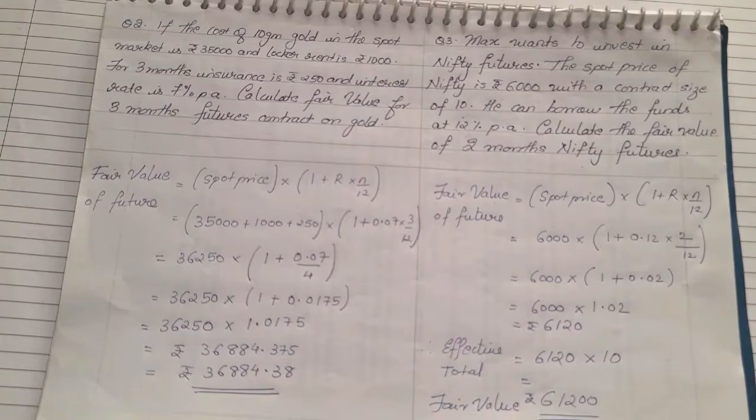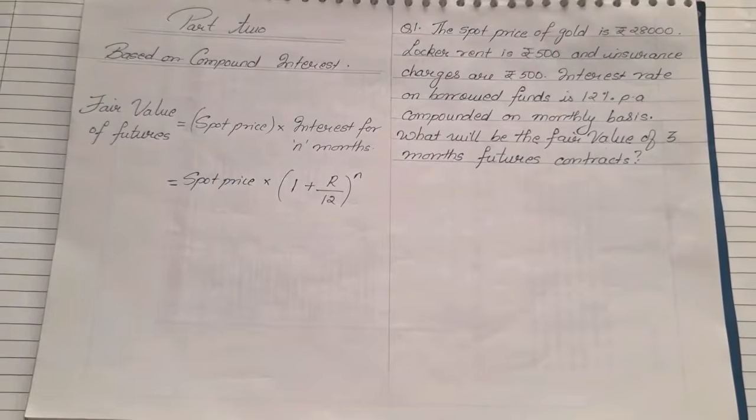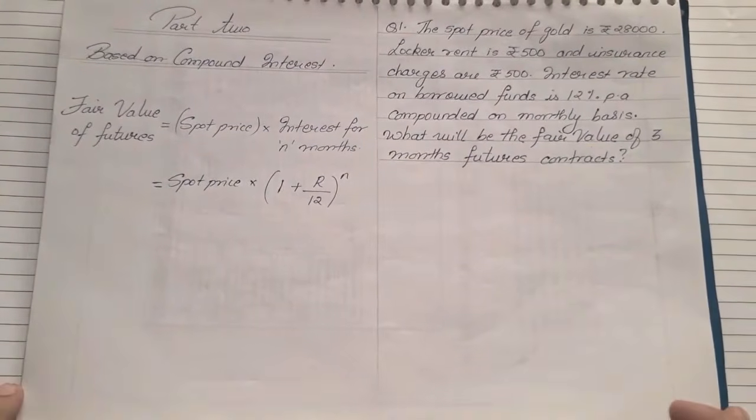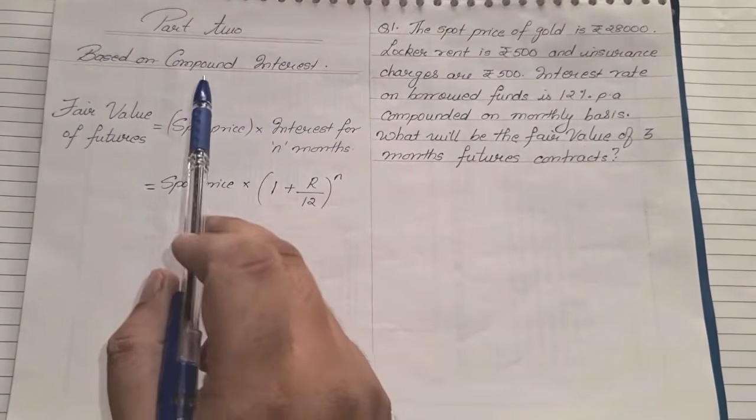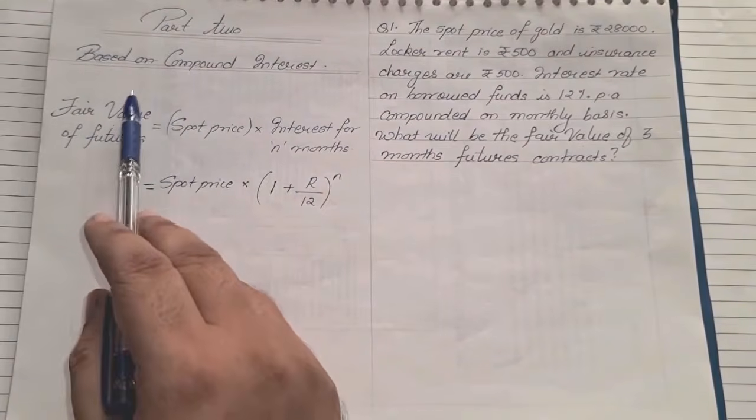So these were the 3 sums which were based on calculation of the fair value of future based on simple interest. Okay, now we'll be solving the second method which will be based on compound interest. Again there we'll take up a couple of examples to clear the entire concept of futures, where they ask us to find the fair value. Okay, so now we'll start with the second method, that is calculation based on compound interest. Now this is the second part where we are asked to find the fair value of future based on